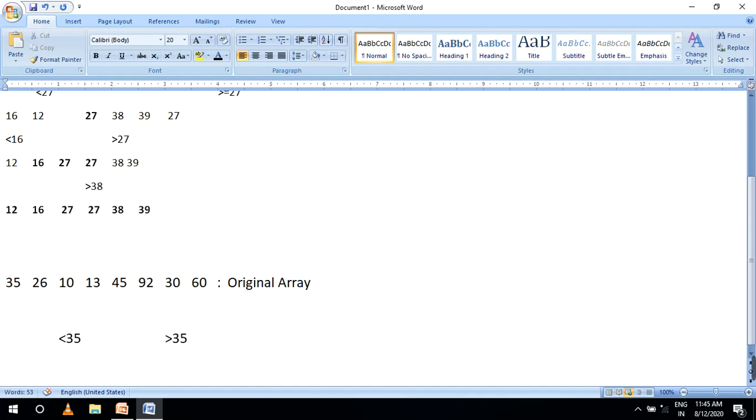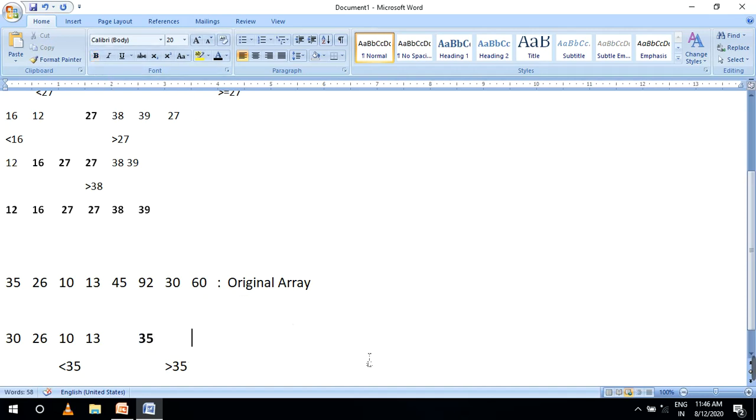You just partition. If you are declaring 30, next 26, next 10, next 30, this is for less than 35. Now which element is sorted? 35 is the pivot value, so 35 is sorted.